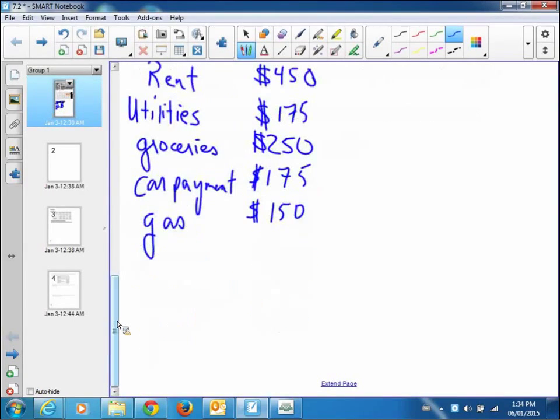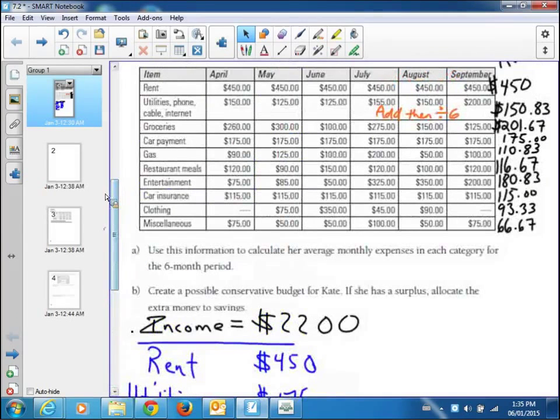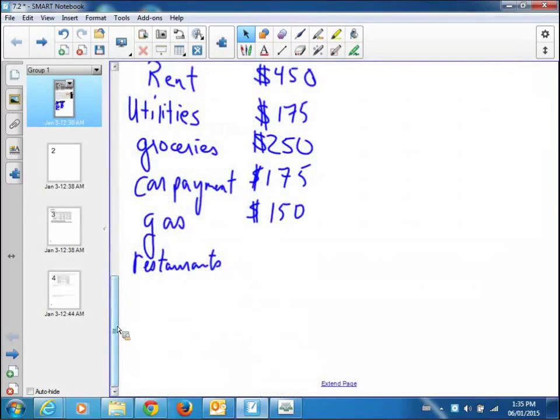Restaurants. Now, restaurants is something you can do without, right? 116 bucks. What do you guys think? Go up to 25? I don't know. I'm not anti-restaurant, but if you're trying to save money,